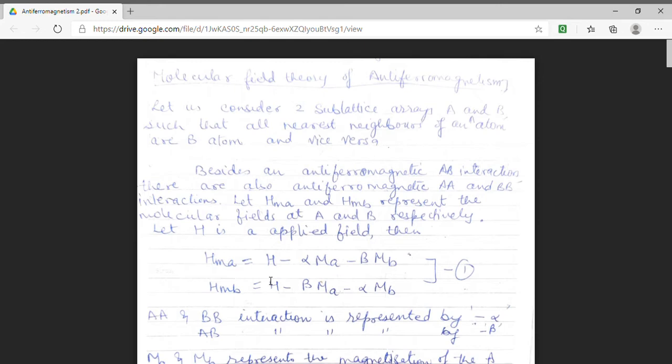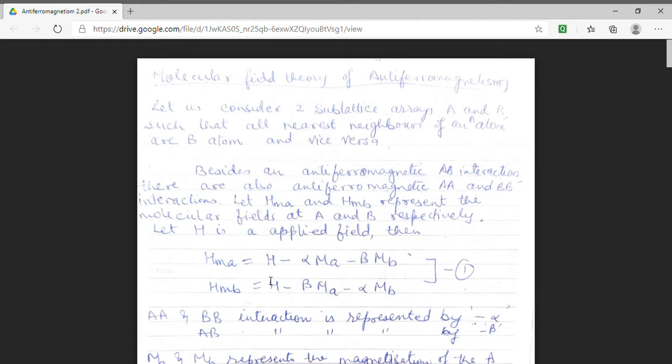The parameter minus alpha determines the interaction between the same type of sublattice. That is, it describes AA interaction and BB interaction. And minus beta denotes the interaction between adjacent two sublattices. That is, it describes AB interaction. Here Ma and Mb denote the magnetization of A and B sublattice. Since